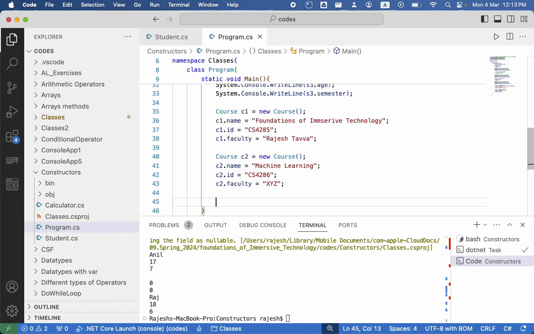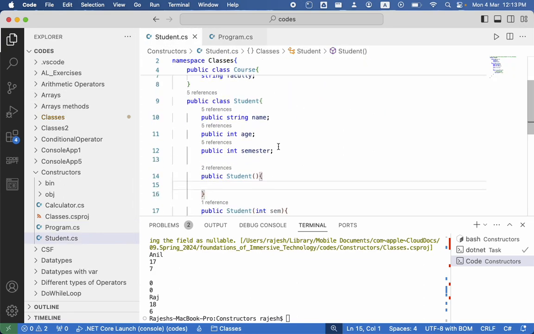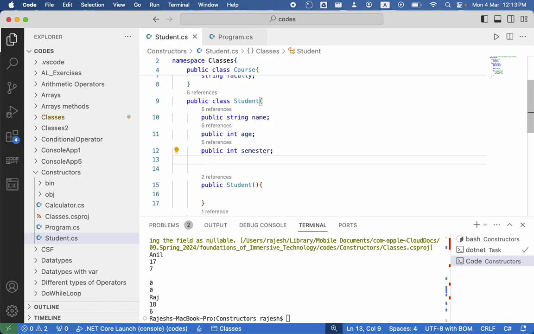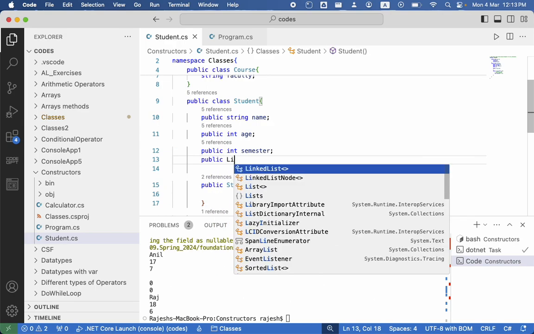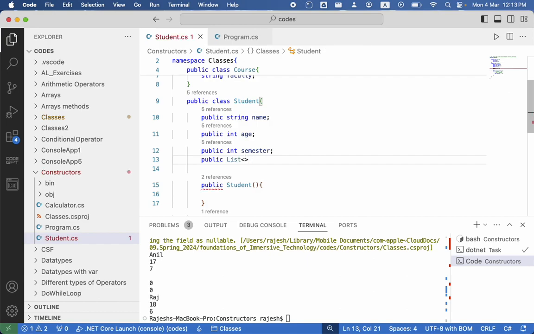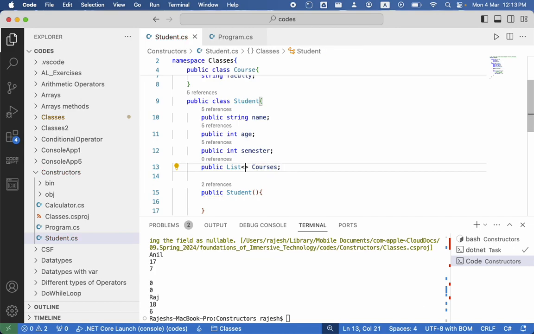Now suppose I have a list of 100 courses offered by different departments in the institute. Out of these 100 courses, each student will be doing a subset of courses, right? 5 or 6 each semester. So for a student in the student class, each student will have another field. What is that? Public list of courses that student is doing. And what is the list type? What is the type of element in this list? Each element is of type